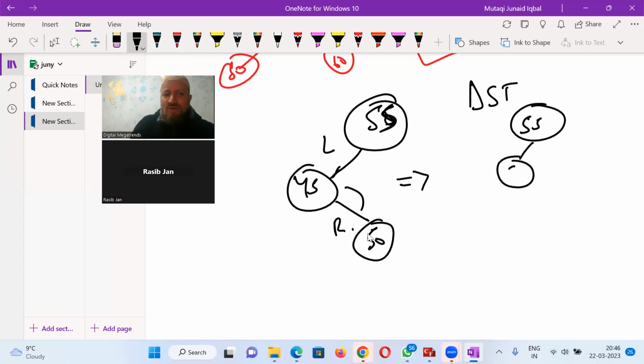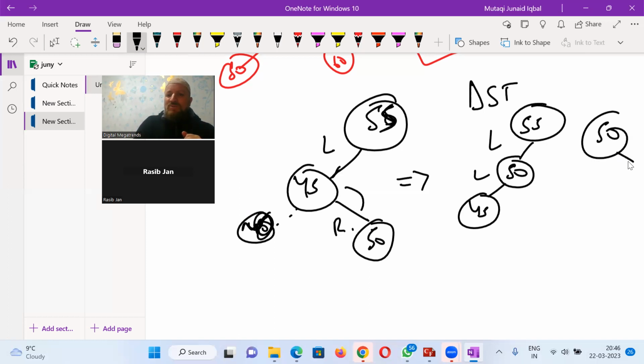अगर ये 50 नहीं होता, फॉर एग्जाम्पल ये कुछ 40 होता, तो फिर कोई इशू नहीं था, वो लेफ्ट लेफ्ट में ही होता। अगर ये इस साइड गया है, लेफ्ट राइट बनाया है, तो मुझे पता है कि 50 तो 45 से बड़ा है, इसलिए मैं 50 लाऊंगा इधर और 45 को लाऊंगा इसके लेफ्ट में। अब बन गया ये लेफ्ट लेफ्ट रोटेशन। ठीक है, अब उसमें 50 को ऊपर डालूंगा और 55 जाएगा आगे इधर, 45 जाएगा इधर।